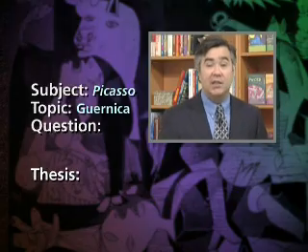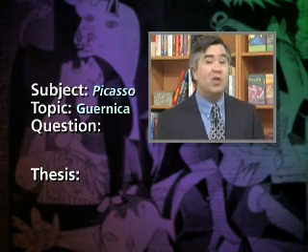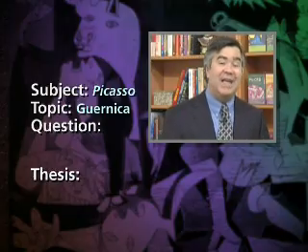And Picasso, who was a native of Spain, was deeply moved and troubled by this event. And he decided to paint the picture Guernica as an act of protest against this modern barbarity, the attack on this wonderful city that he loved. And the painting Guernica became a very influential anti-war statement. It hung for decades in the Museum of Modern Art in New York City because Picasso had given it to that museum with the proviso that it could be returned to his native Spain only after a democratic government was installed in Spain. And in fact, this did happen many years after Picasso's death, and Guernica now is in Spain.